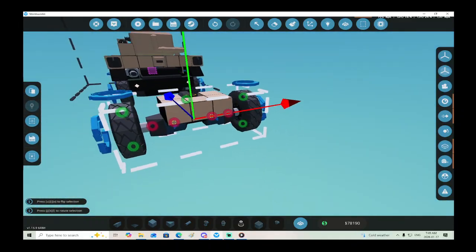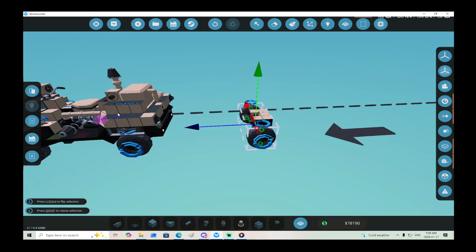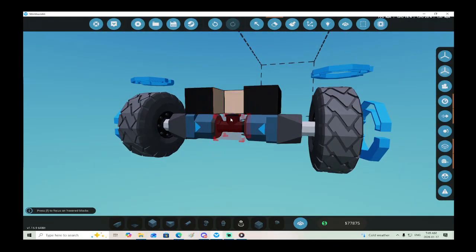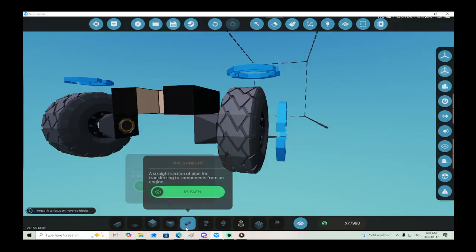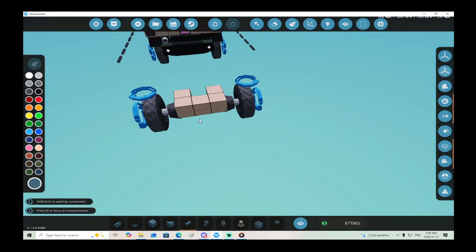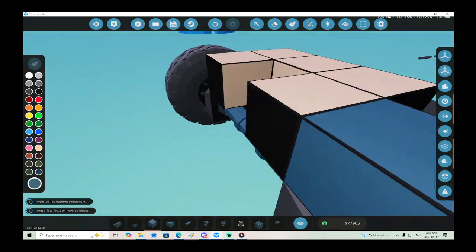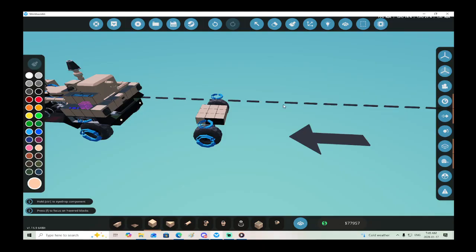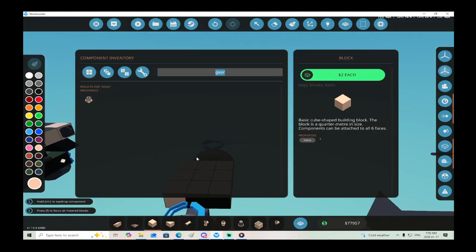Alright, we need an axle. Alright, so basically what this needs is